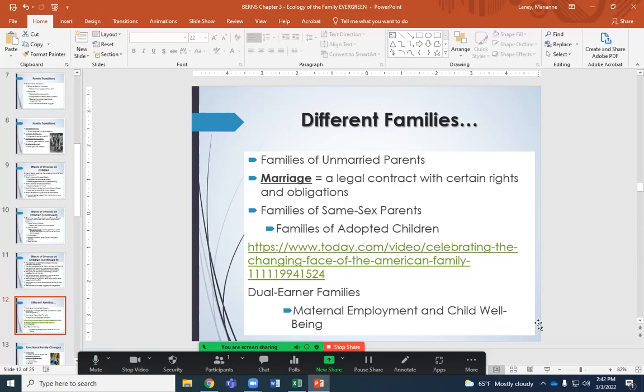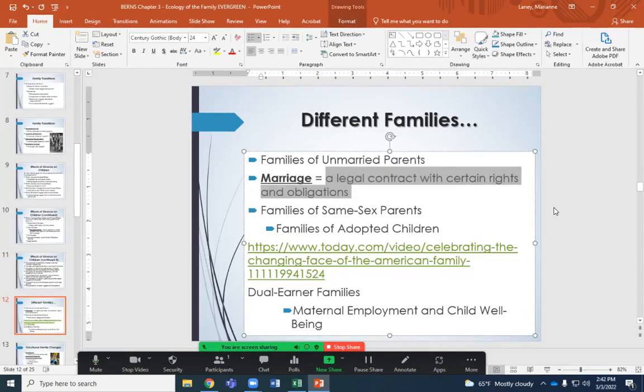So again, I mentioned here that marriage, where do you see the word church in here or religion? Marriage is a legal contract. And if you're not sure, get divorced and see how much it costs. It's always been a legal contract. It just happens to be sanctioned in a church. It wasn't always that way. Not always. So a lot of people want to argue that. It's like, listen,